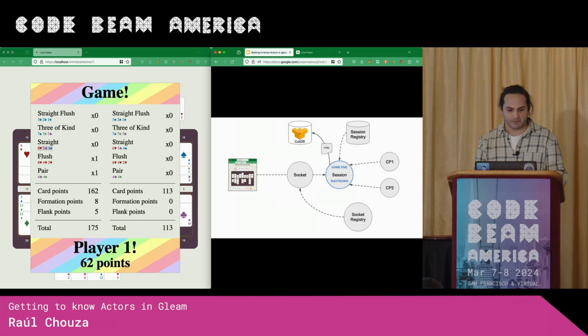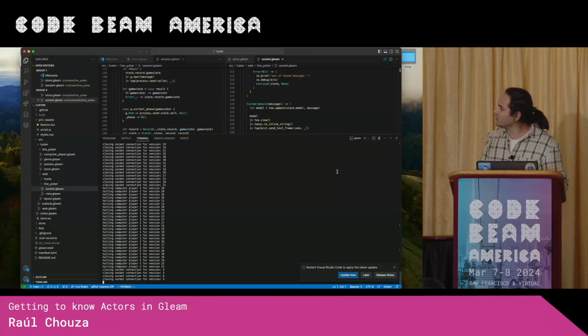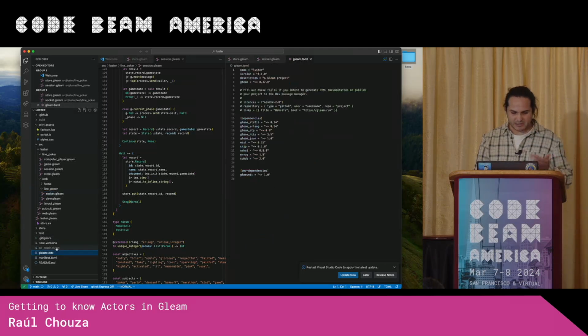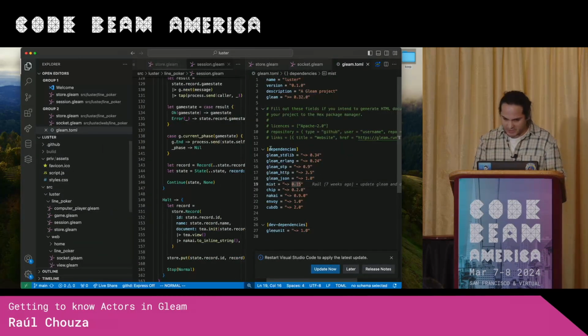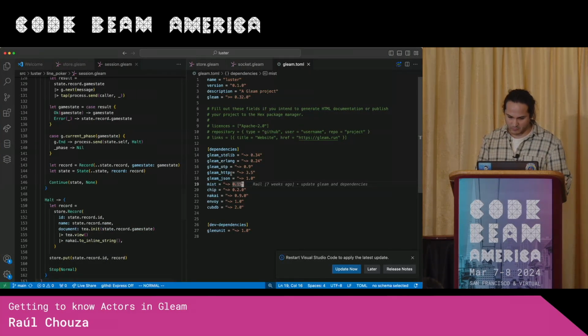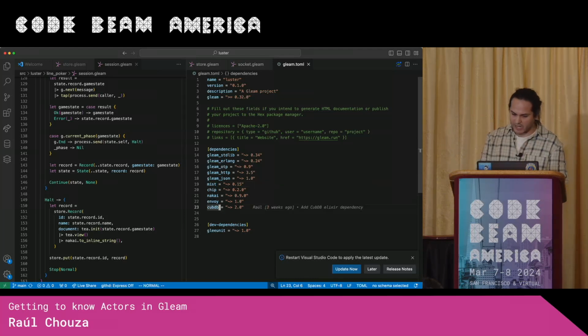It's an Elixir database. And I want to very quickly show how this looks, because this talks a little bit about the interoperability with the Beam. So here, for example, we have the project of this demo. Here, for example, I have the CopDB dependency declared. This is an Elixir library that was downloaded from Hex. And then I have, for example,